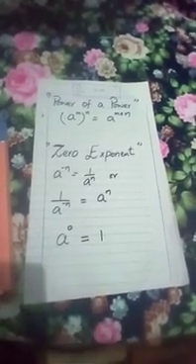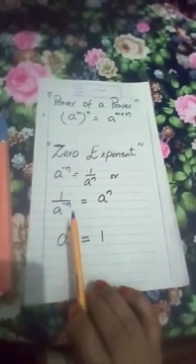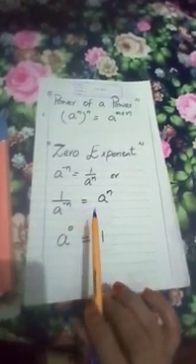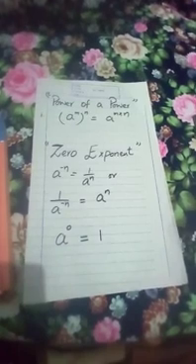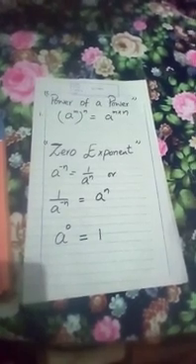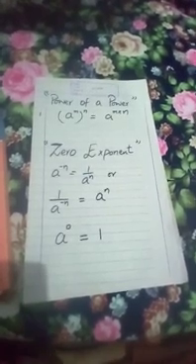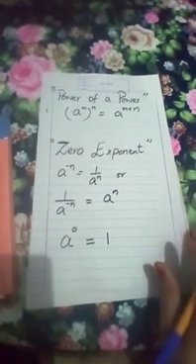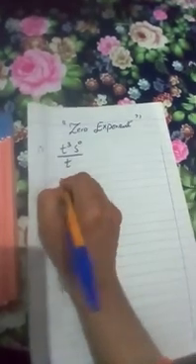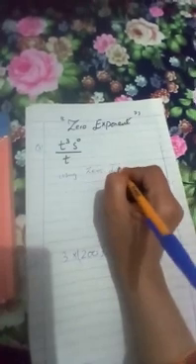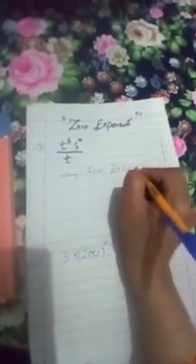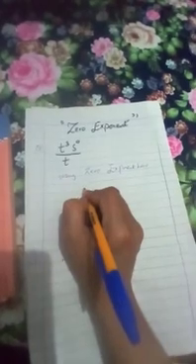Similarly, for this we have a question. And now for any non-zero number a and any integer n, a^(-n) is the reciprocal of a^n. Similarly, the reciprocal of a^(-n) is a^n with positive n. Now dear students, for this we have an example like that. How will we do it? Here using the zero exponent law, like a^0 is equal to 1.